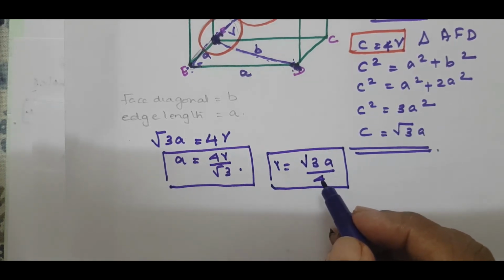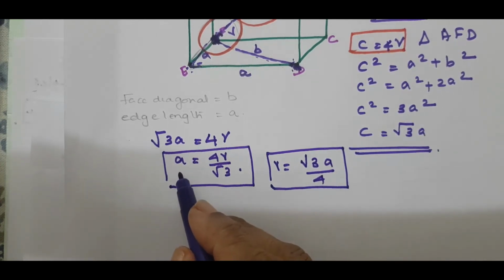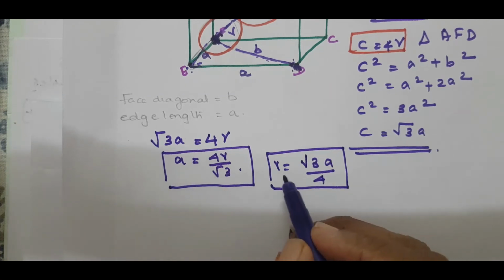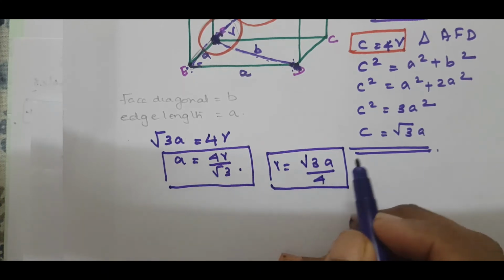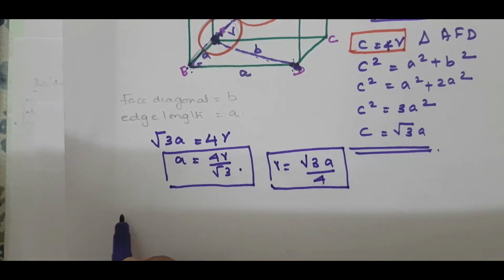So these two equations you have to study. In the equation for the packing efficiency, only A is needed, but in some numericals you will be asked to calculate the radius also for a BCC structure. So you have to remember that also. Okay. Now once you got A, we will have the packing efficiency.